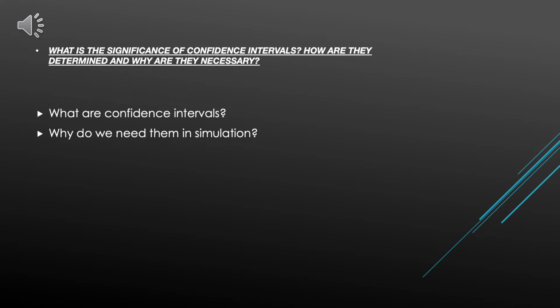So, what is the significance of confidence intervals and how are they determined and why are they necessary? So, confidence intervals, they're just a range of values for the parameter itself that are based off the simulation results and the data it provides us at the end. These intervals can provide us with data and information of relationships when it comes to actual data for the simulation, and then it can give us expected values, specifications we're trying to achieve based off the number of runs the simulation actually goes through.